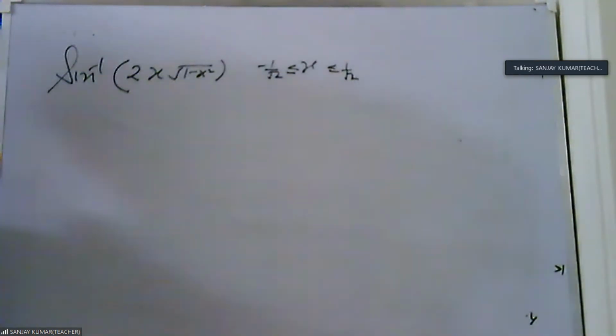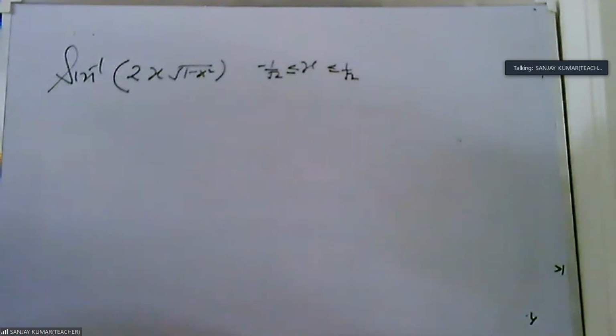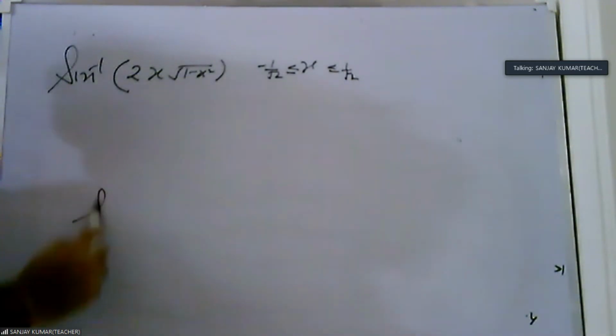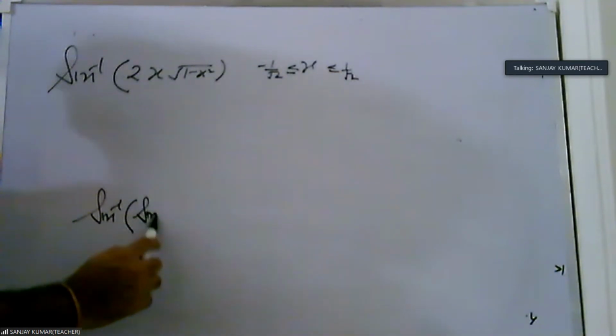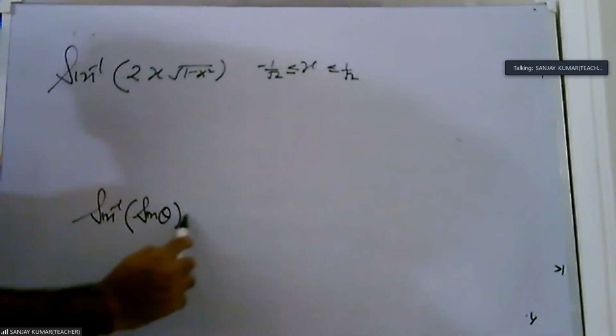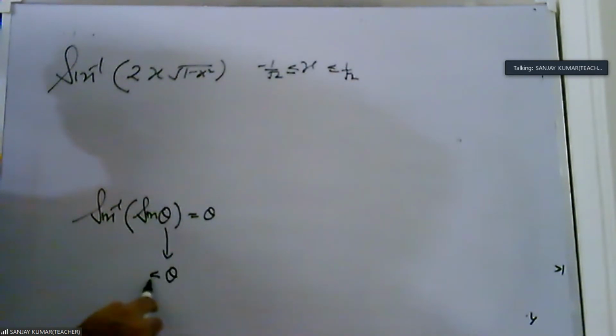Now you very carefully see. After 3-4 questions, then I will give you a question. But you see your screen. This question is simplified to this question. What is the meaning of simplify? You solve this question. Now how do we solve this question? Okay, देखो, this is sine inverse. Then we have a property in sine inverse: if you have sine inverse of sine theta, then it becomes theta. But this theta should lie between minus pi by 2 and pi by 2.